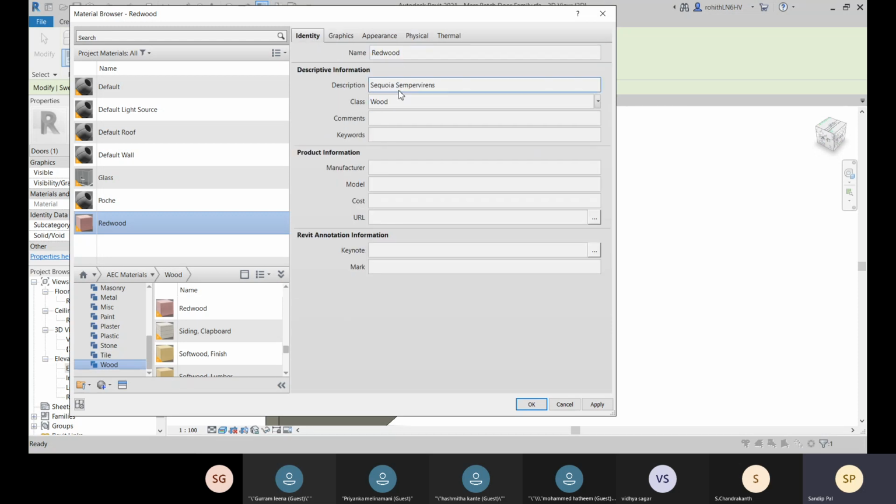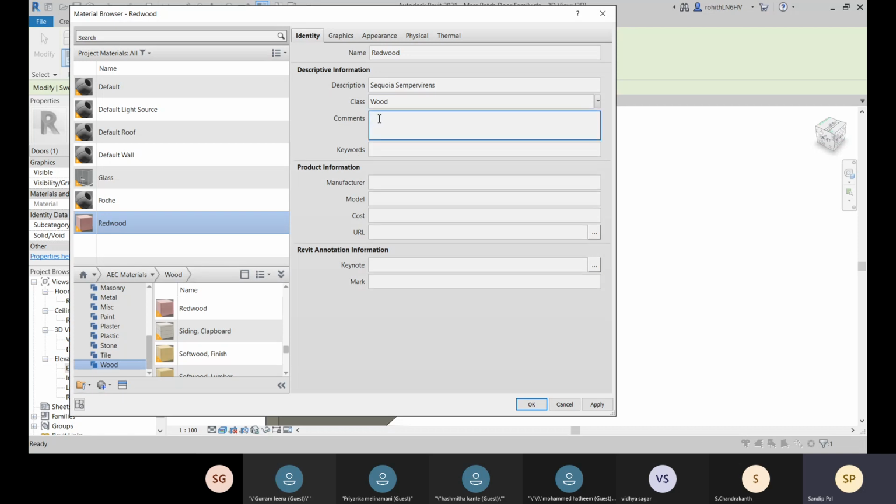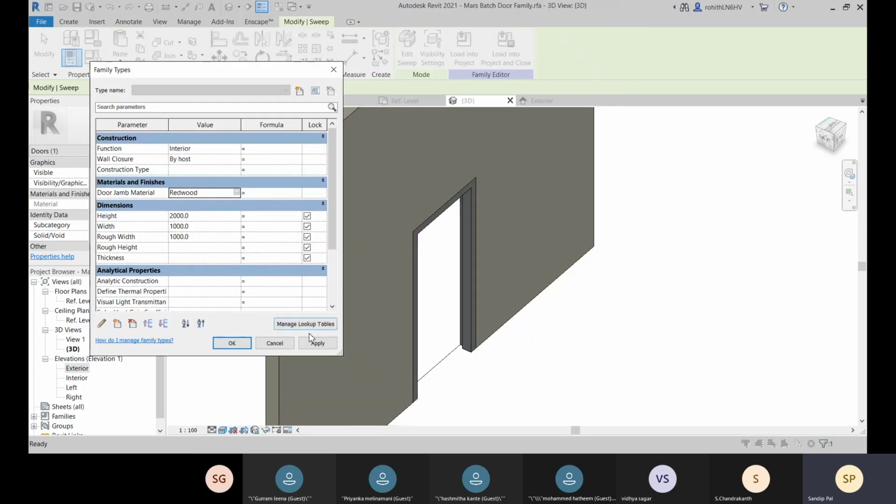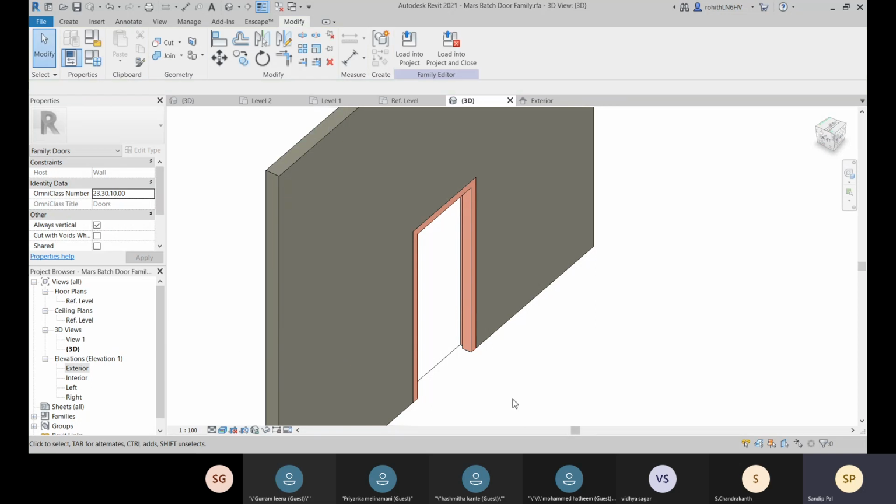Here you can add the comments for door jam material, and all the other things like cost, manufacturer, all these things you can apply. Let's go for apply now, and here you can see that is applied, and click on OK.